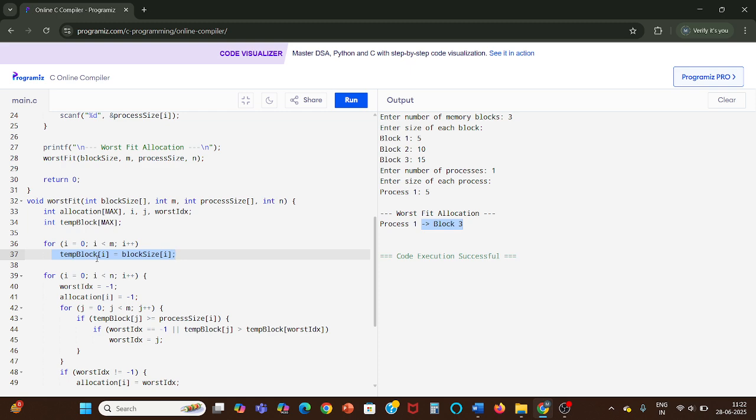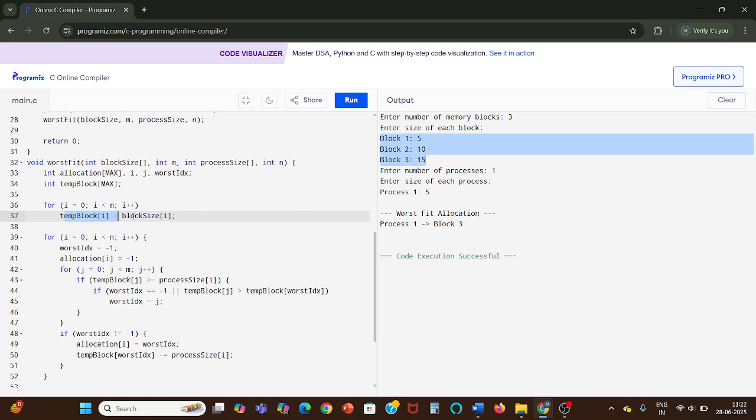So we put it in a temp block and do the other working. All these block sizes in the output screen, which we got using the variable block size, have been copied to the temp block. The respective block size is copied to the respective temp block.